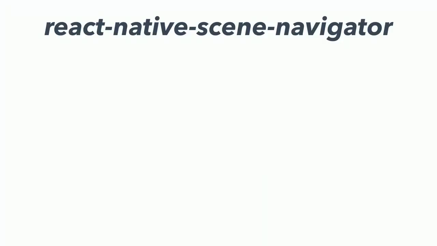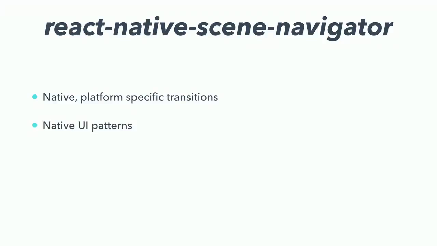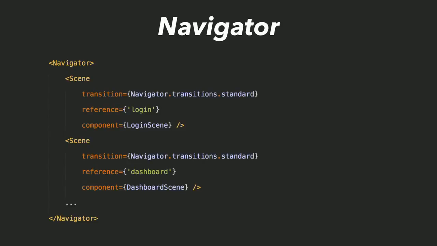We created an abstraction layer on top of this navigator, and the tab navigator and the view pager for Android. So our React Native scene navigator provides out-of-the-box native platform-specific transitions with native UI patterns, which was very important for us. It's highly customizable, but the important thing is it can only be set up in one way. Namely, the navigator is reduced to this amount of code. The same thing I just showed you, all the very long amount of code, can be accomplished with only these